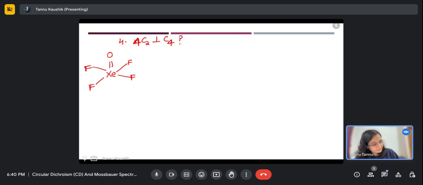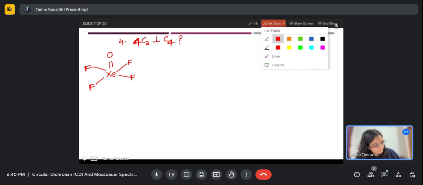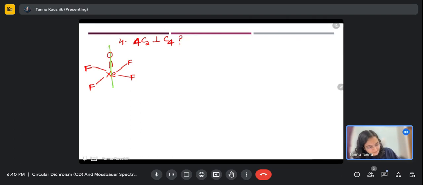Here we have this C4 axis. So what are the possible C2 axes perpendicular to this? We can have this C2 axis. If we rotate this molecule at a 180-degree angle along this rotational axis, the configuration we will be getting is